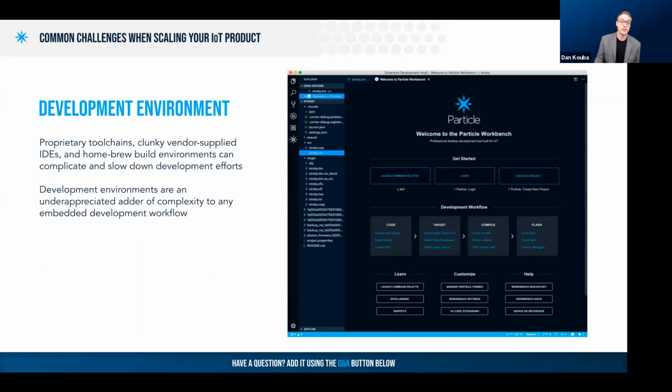So, of course, there are plenty of developer-focused IDEs on the market. We have personally built our system on top of VS Code, a very popular IDE. And this is the one-stop shop for all things Particle. But by no means is that the only approach. You want to evaluate these carefully and make sure you involve all the stakeholders in the chain when you go and make a selection, and make sure that you're actually being supported.